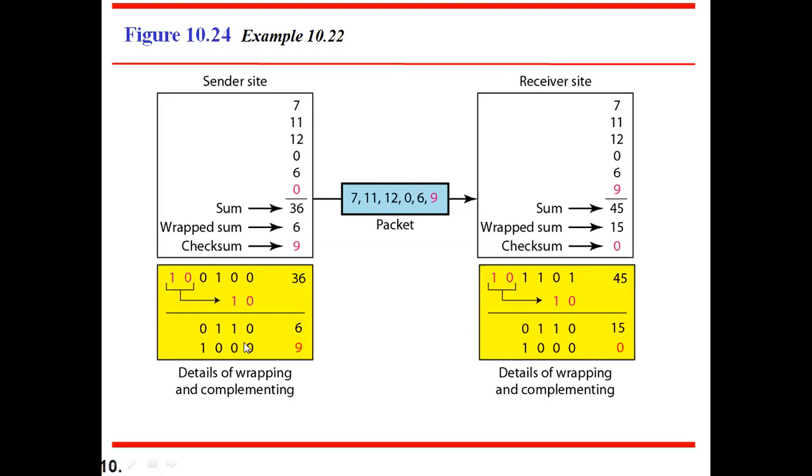Then we are going to perform an arithmetic operation, that is nothing but the 1's complement of this number. You have to take 6. You are getting 1 into 0, 1 into 0, 0 into 1. So we are going to get 9. In fact, here it is wrong. 0 should become 1. So then we will get the checksum as 9.